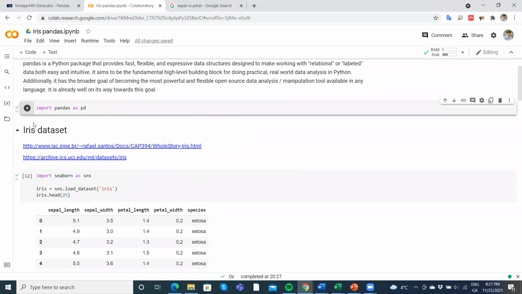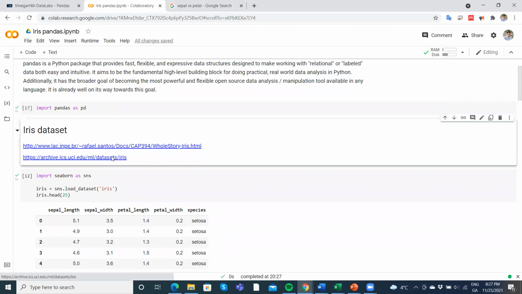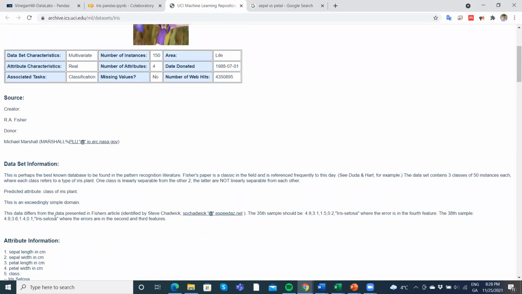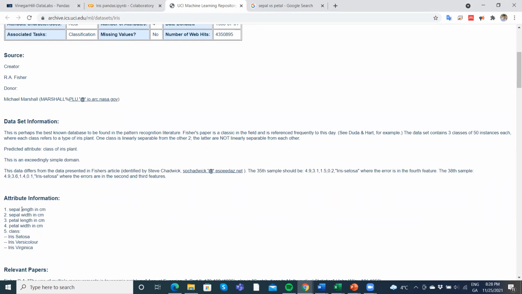The data sets, just to illustrate a little bit some of the capability of the pandas, we'll use the iris data set. If you're not familiar with that, you might take a look here at this machine learning repository. The iris data set, we can see here what the constituents of the data set are. There's 150 rows, and we have a number of columns relating to the dimensions of the flower. So the sepal length in centimeters, sepal width, petal length, petal width, and then we have three classes for the